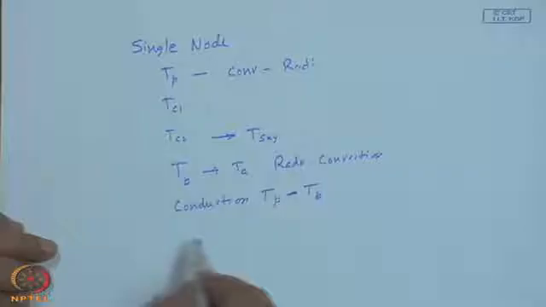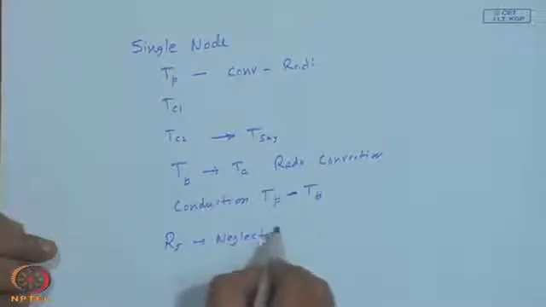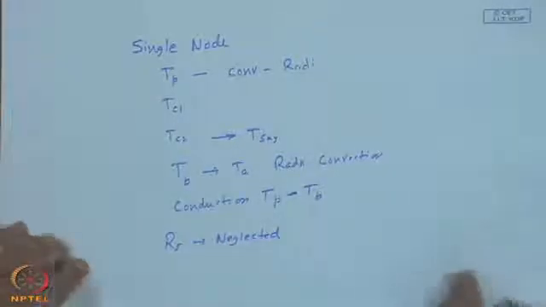So, we estimated, of course, this R5 is neglected, that means no heat loss by convection radiation from the bottom,